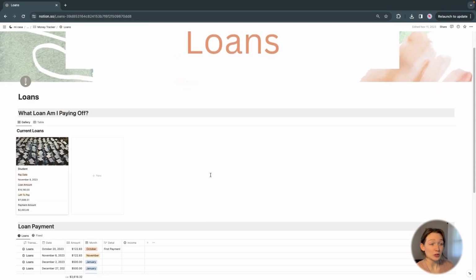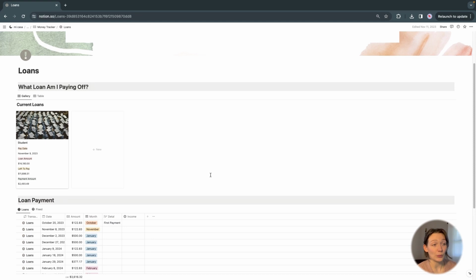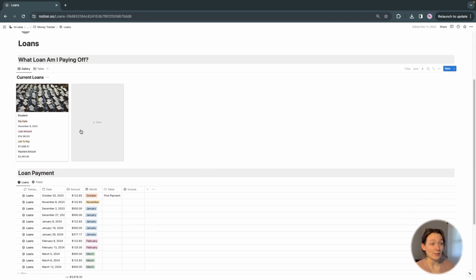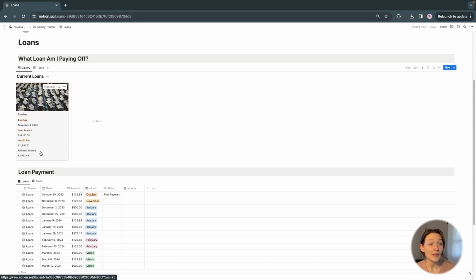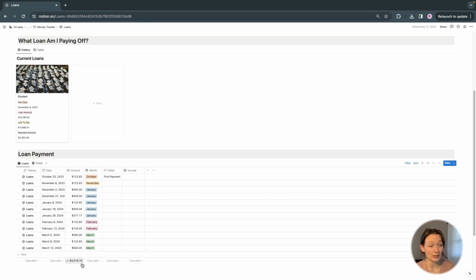This is the loans page. It looks pretty similar to the savings one. You can always add something if you have more loans or just different loans than my student loans. I've got the pay date of when I started paying. I've got the total loan amount, and then the payment amount is how much I have paid, which is this number down here. So as soon as I update this to include the March payments that I made,